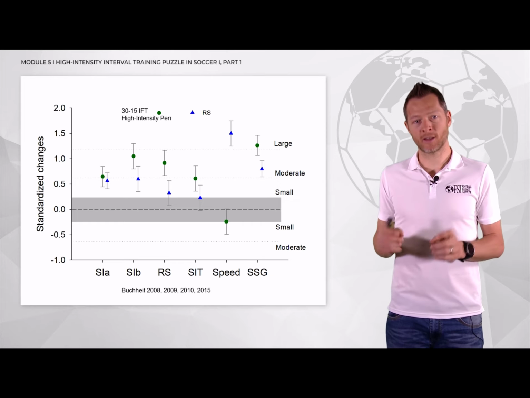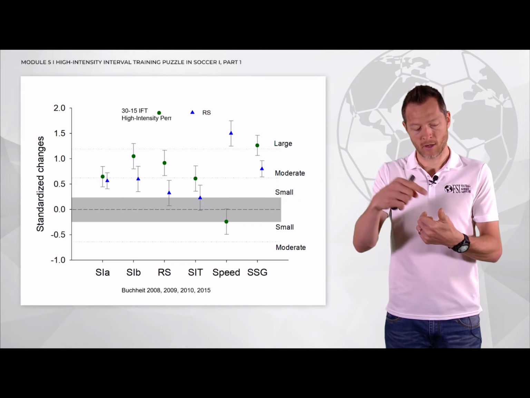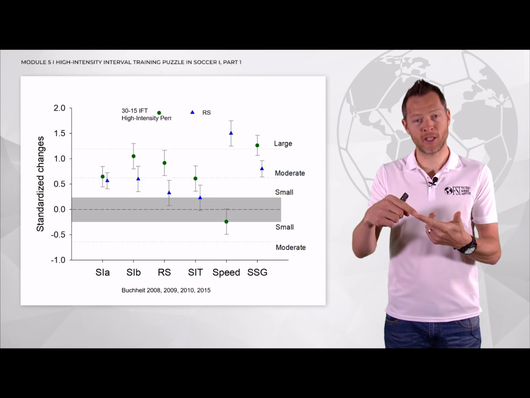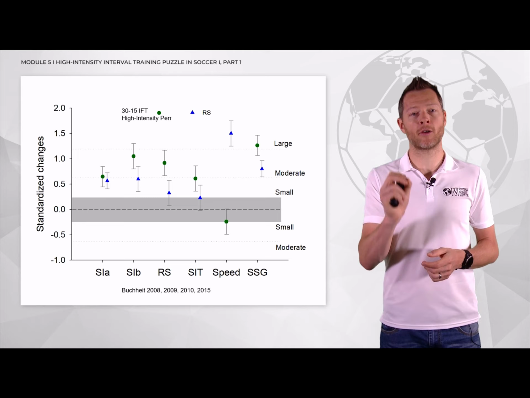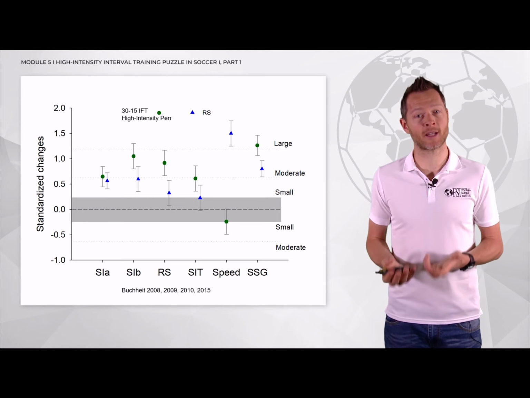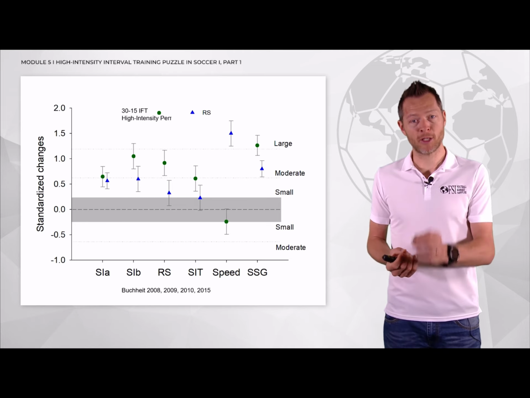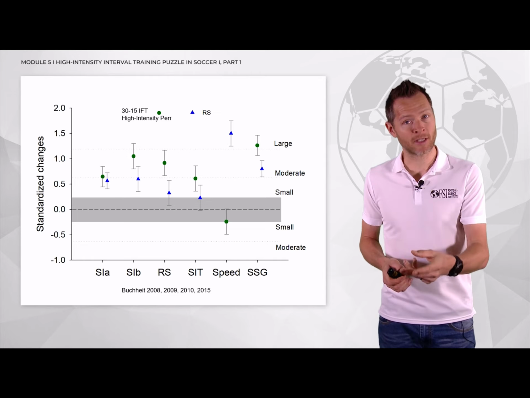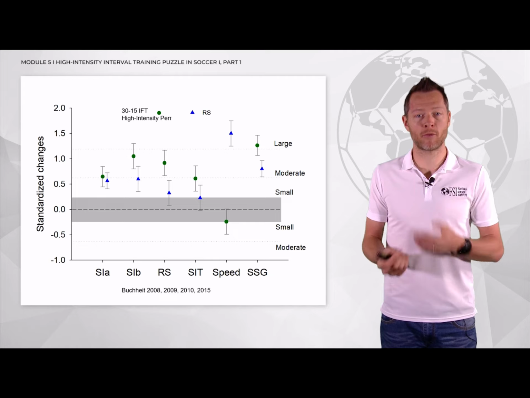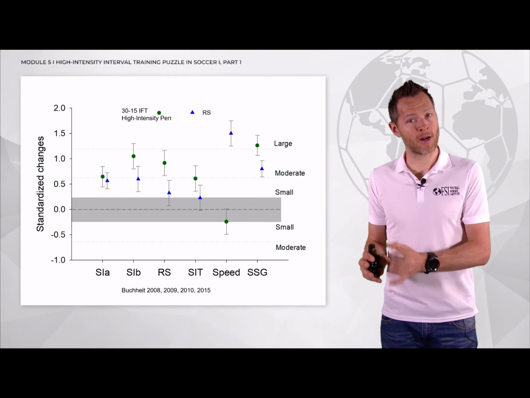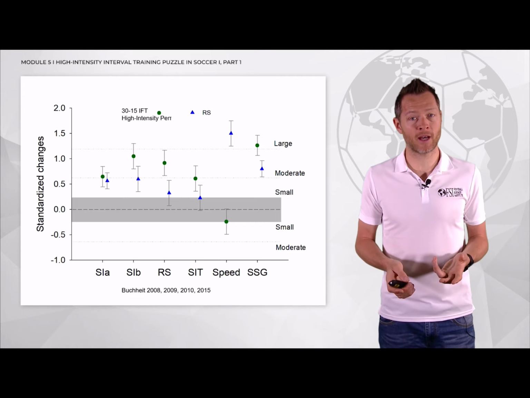The only training that did not improve both the 30-15 and repeated sprint was a training based just on speed, and that makes complete sense, because in that case the speed training improved repeated sprint ability via the improvement of the initial sprint performance, but obviously quality sprint training did not improve the performance at the 30-15,